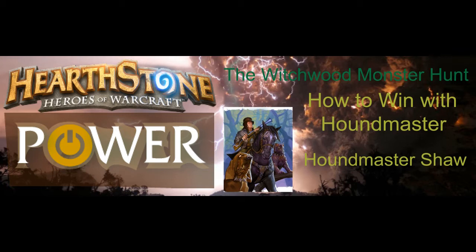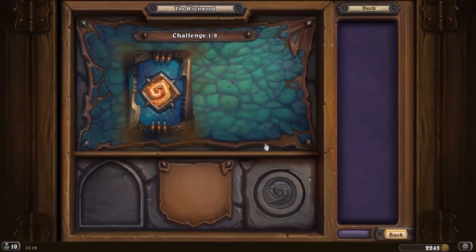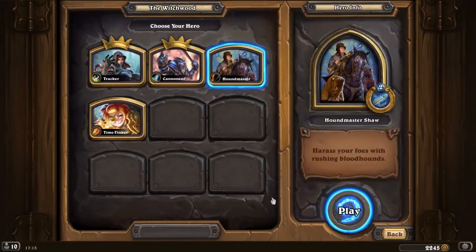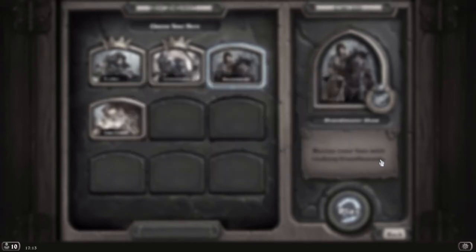We're still working on the Witchwood monster hunt. Today we are showing you how to win with Houndmaster Shaw. It's a hunter class type character or hero, and so we're gonna work on beast synergies and just using zoo type tactics to get the win. The hero power is Dog Whistle,